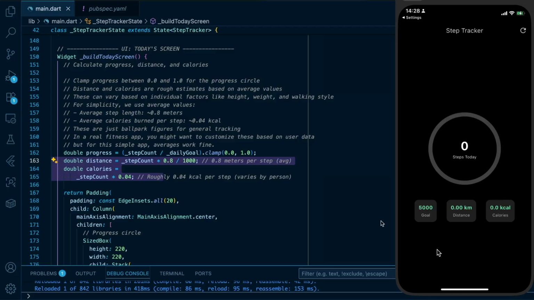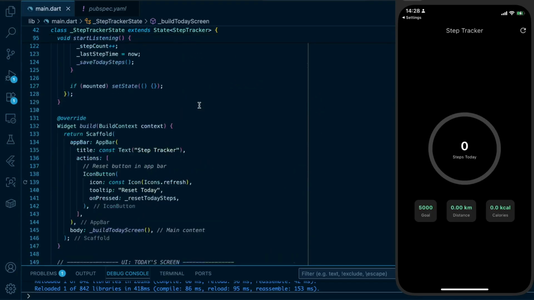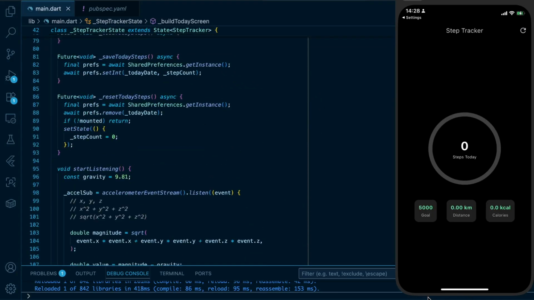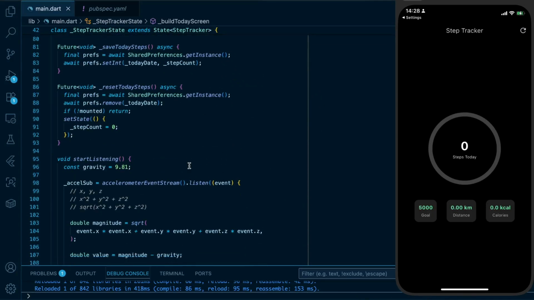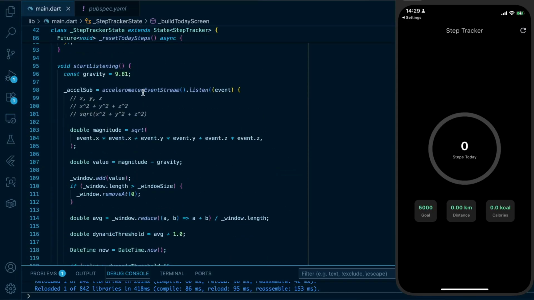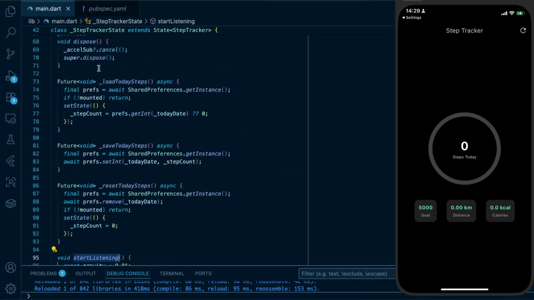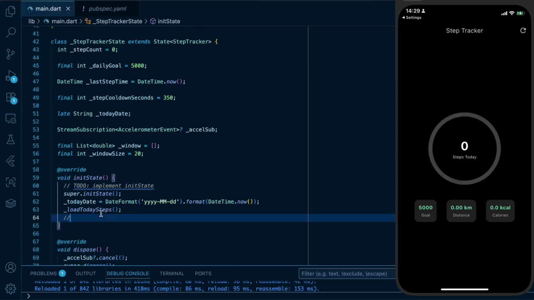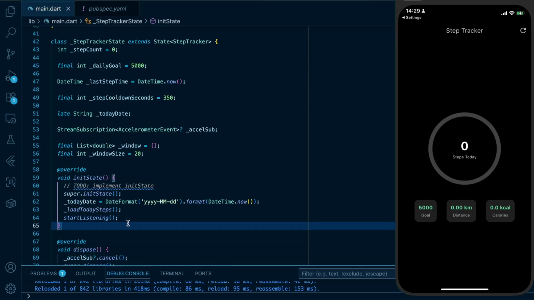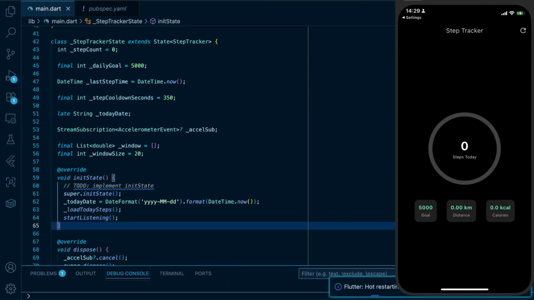So we can try and see if it works. Let's add this function that we created, startListening. Let's add it on initState. And we should be good. So if I save that,